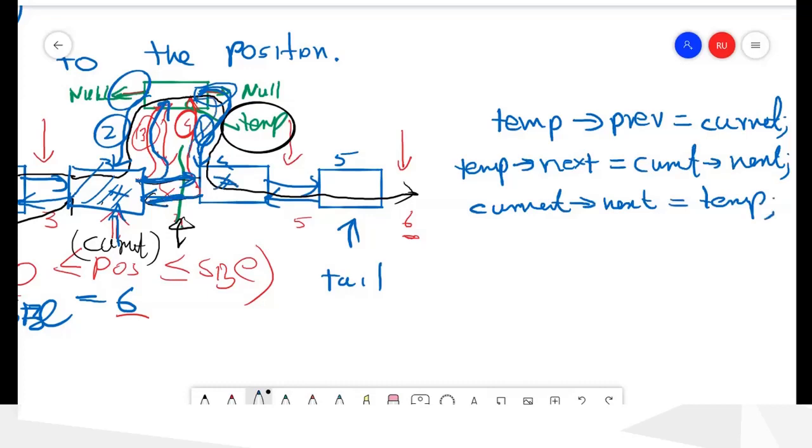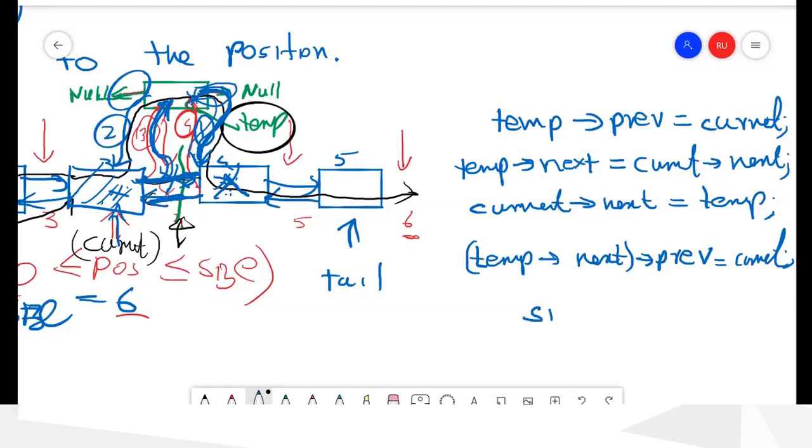And then this one's previous node should point to this. So how do you access this one now? We cannot access this using current next, because current next is not here, because we changed it to here. So we cannot access this node using current next, but we can access this one using temp next. Temp is this one, temp next is this one. So temp next is this node, and that one's previous link should be equal to current.